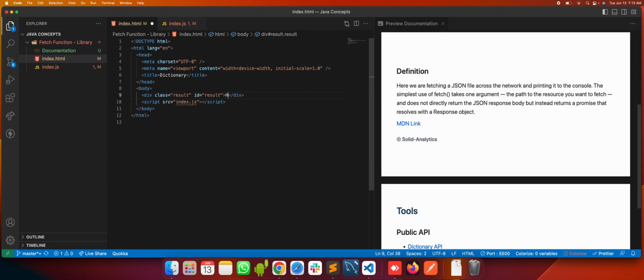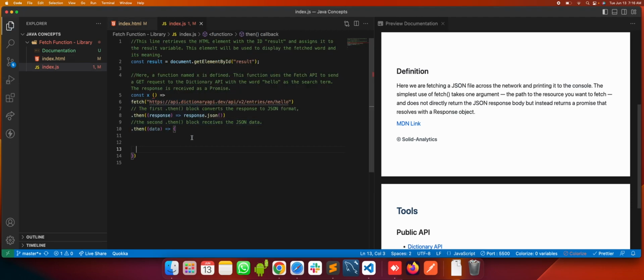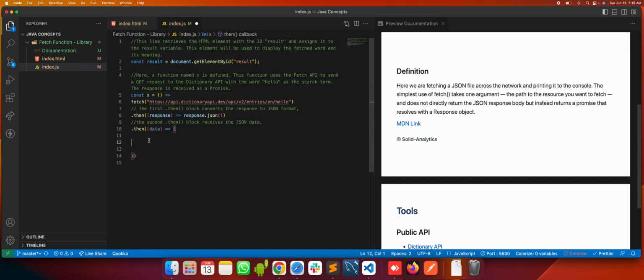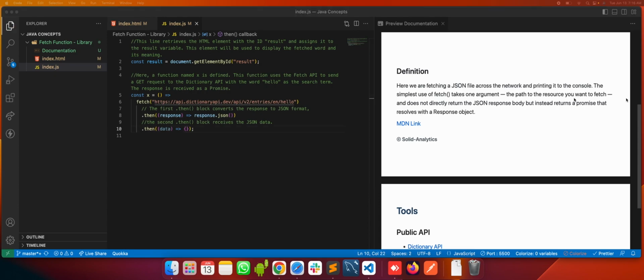Now let's assume that we kept hello here. Either we can delete this and render it, or we can delete it within the index.js. So for that we have to go into the div element.